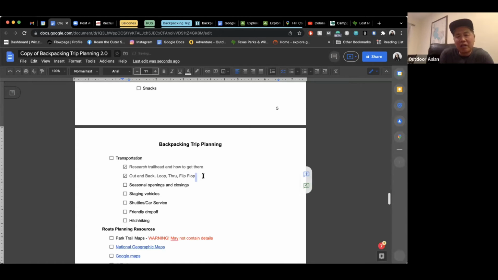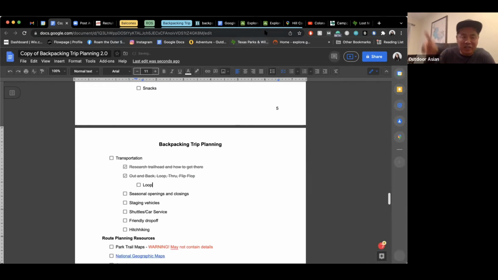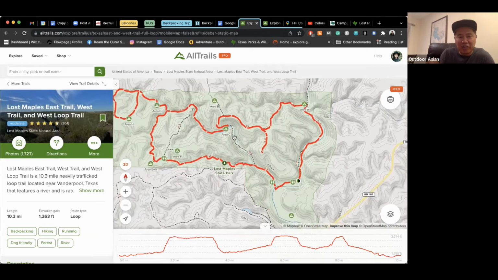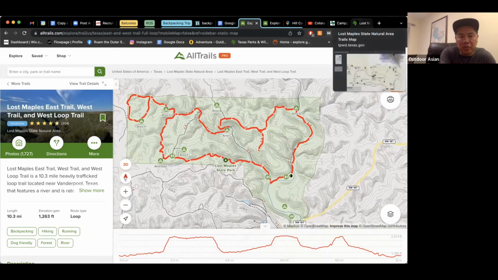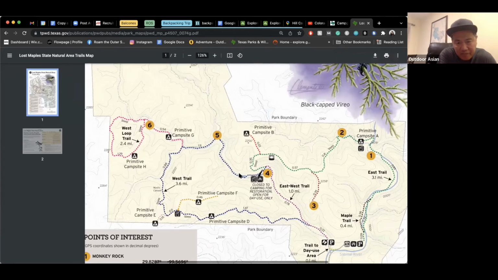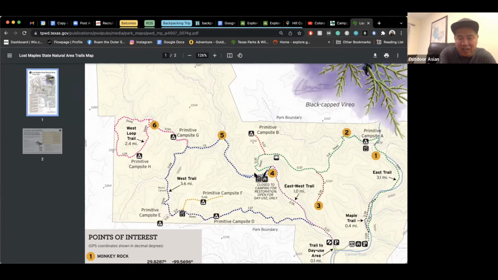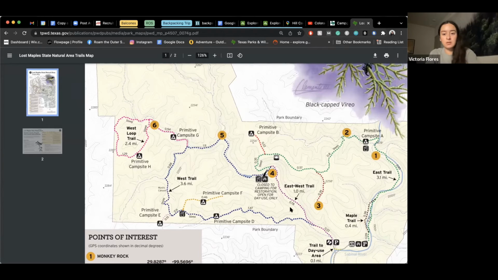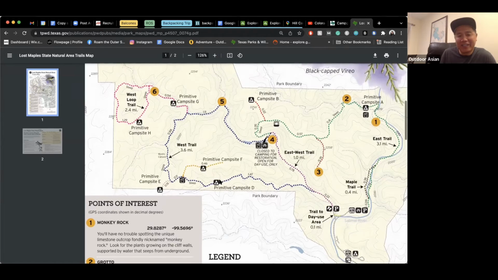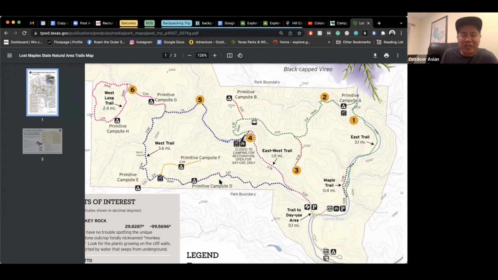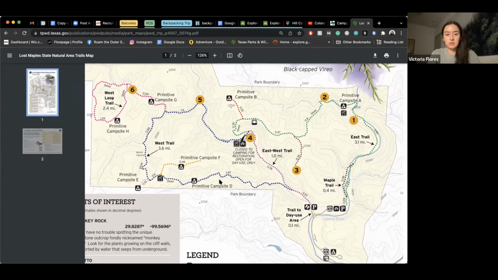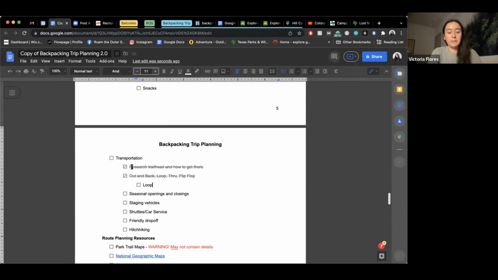Yeah. In that park, if you look at the map, it's almost like a figure 8, all the trails. So you could do this big loop, or you could do like, you see this east-west trail. If you wanted to, you could do like a figure 8. You see what I'm saying? Oh yeah. So you want to cover every trail in the park, but basically doing a loop, you're almost covering everything, because that east-west trail is just 1 mile basically. Yeah, so I would consider this like a loop hike. Okay, gotcha. That works. Let's see, loop. Yeah, so loop hike,